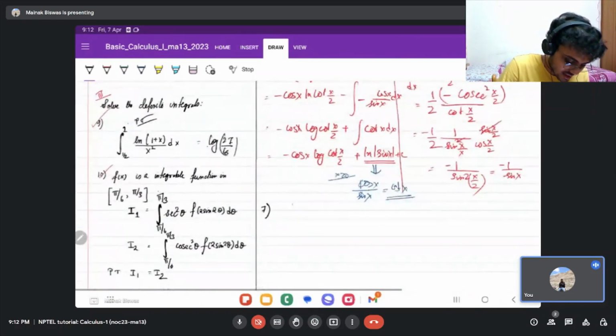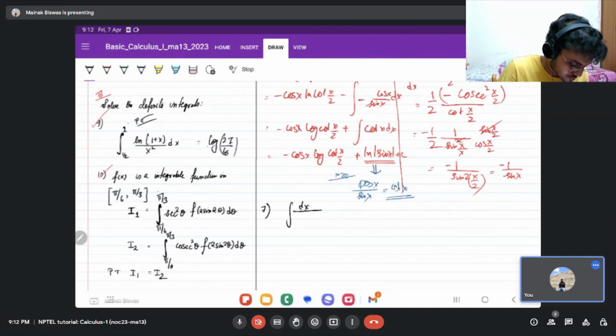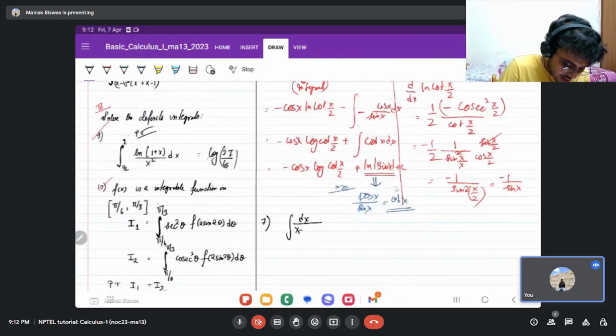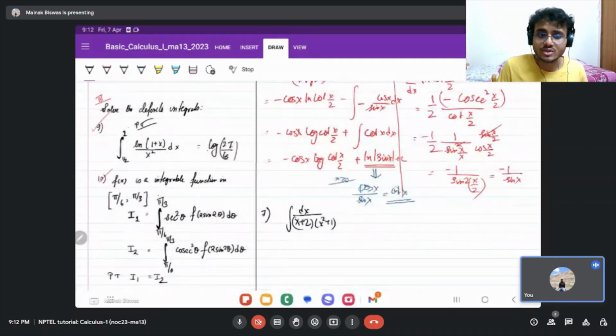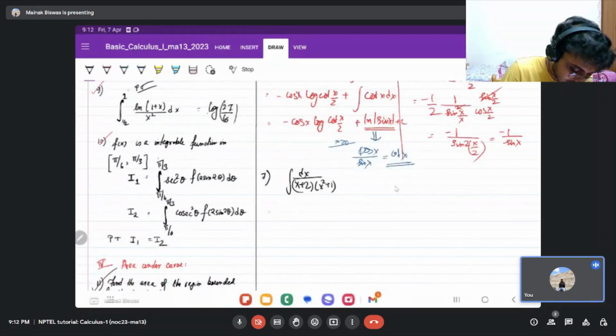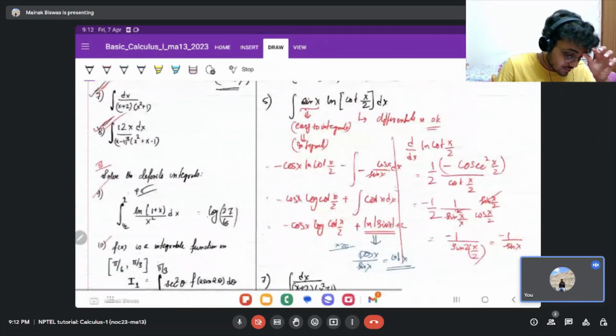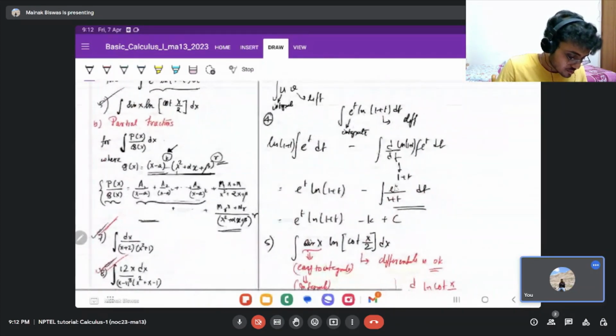So for example, dx over (x plus 2)(x squared plus 1). Once we solve this question, what it means would become clear to us. So what does this mean in general? It means that